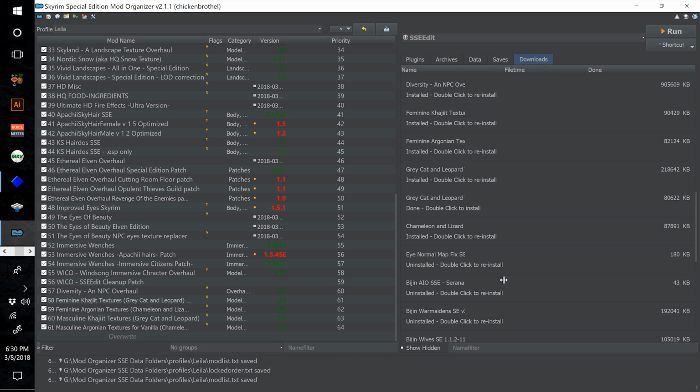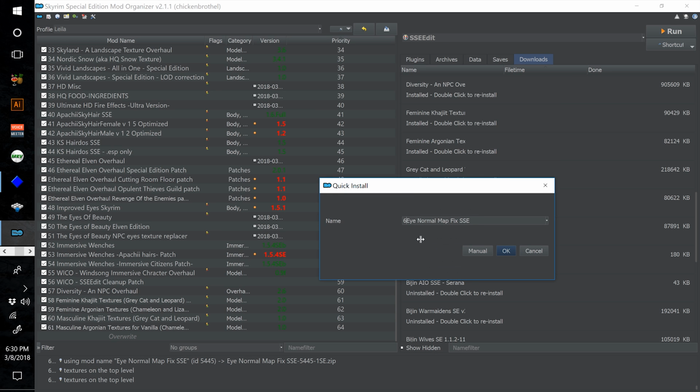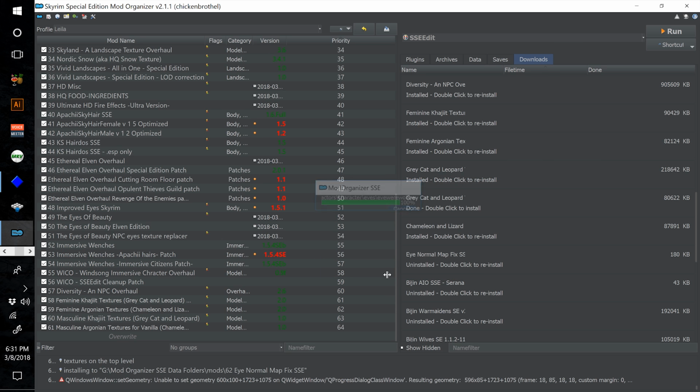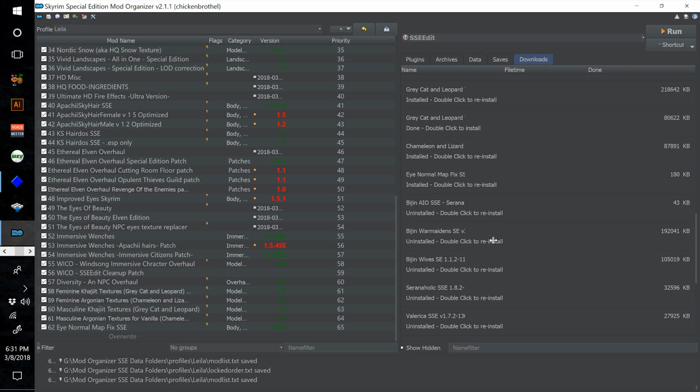Now we're going to find Normal Map Fix SSE and double click it. Title this one 62 space Normal Map Fix SSE and hit OK. Tick the checkbox to install. Now we're going to find Bijin War Maidens. I don't know if I'm saying that mod author's name right, but it's